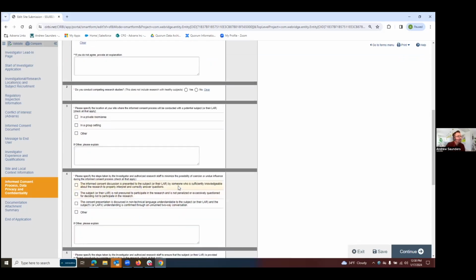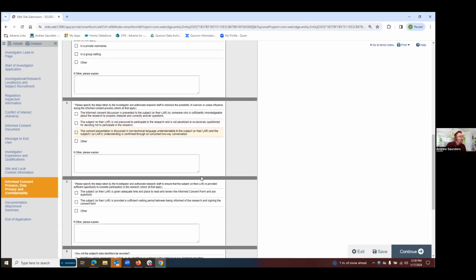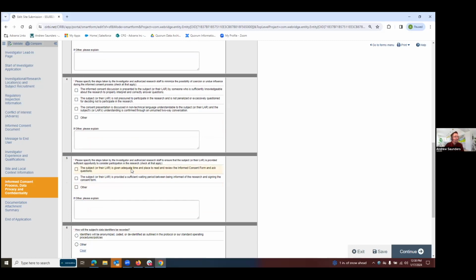Please specify the steps taken by the investigator and authorized research staff to minimize the possibility of coercion or undue influence during the consent process. We have a number of options here. And then please specify the steps taken by the investigator and authorized research staff to ensure that the subject or their LAR is provided sufficient opportunity to consider their participation in the research. We have a number of options here, and then if you have an alternative, you can indicate other, and then